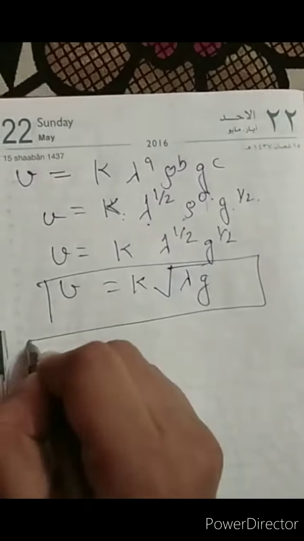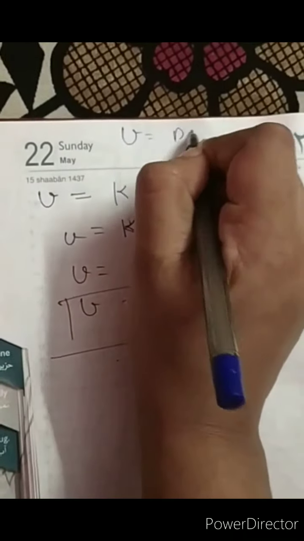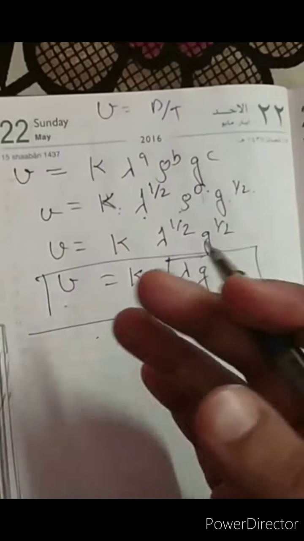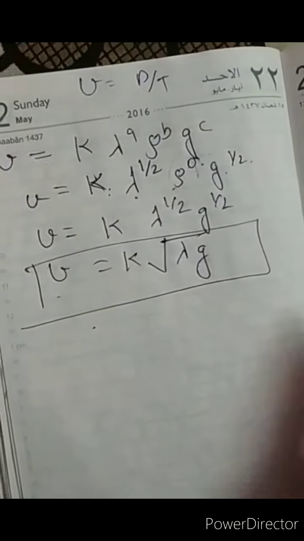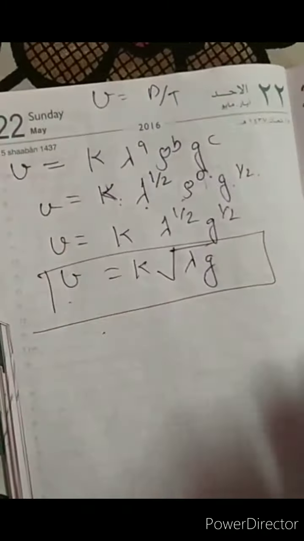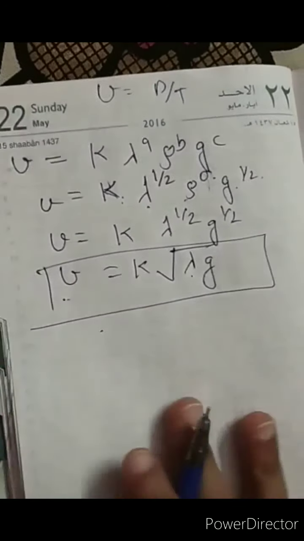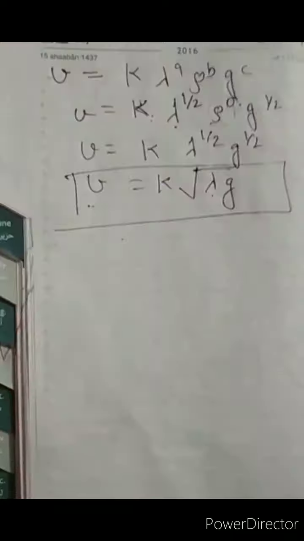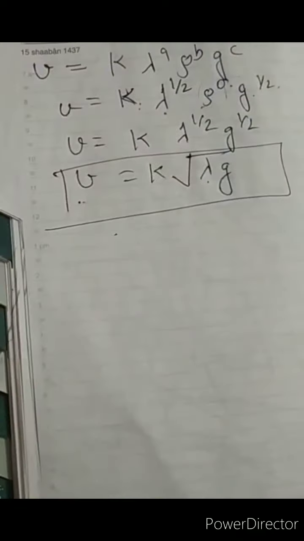This is our velocity. So do you believe velocity is equal to displacement upon time? And velocity in water waves, since waves have parameters like lambda, g. We all have different parameters in different physical quantities, right? So it is easy for waves. We have to find lambda. So velocity in terms of lambda we got. So again, we easily find the formula. Many of you students don't know the velocity and lambda relationship like this, but now you got it with the help of dimensional analysis. This is the use.